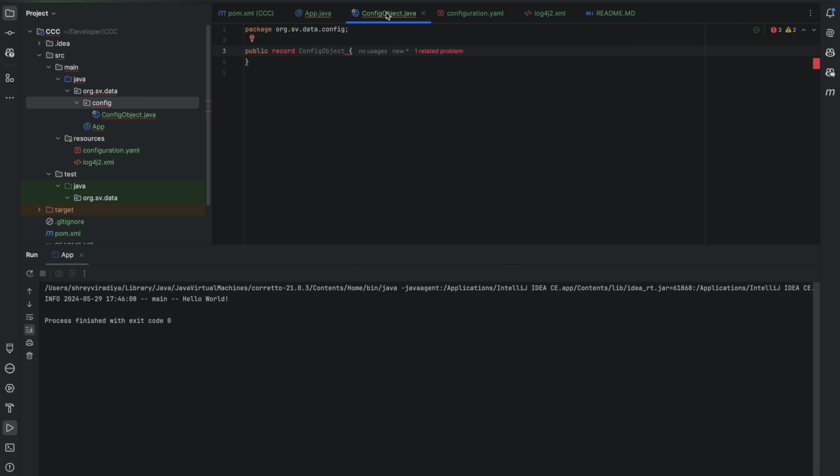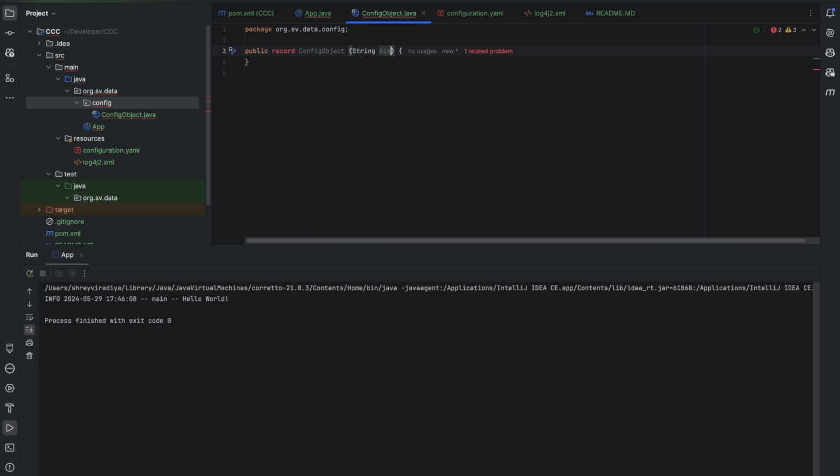What is a record? In Java, you can use classes for storing data. We can use a record for that. A record is nothing but a POJO with inbuilt getters. There is no setter. Whenever you are initializing the object, you give all of those things at once. Correct? So we have two things right now: